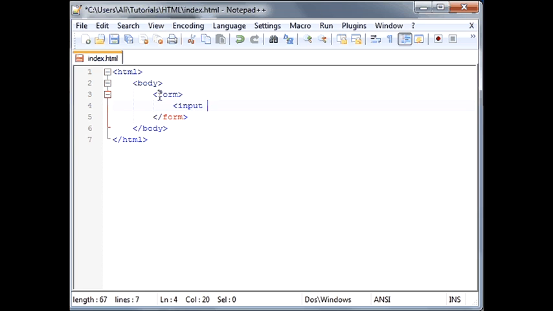And in input, this is where you tell HTML what kind of input you want to give in. So I'm going to show you how to make a regular field that you would enter in a search bar, what you're searching, your query. So just do type equals text,